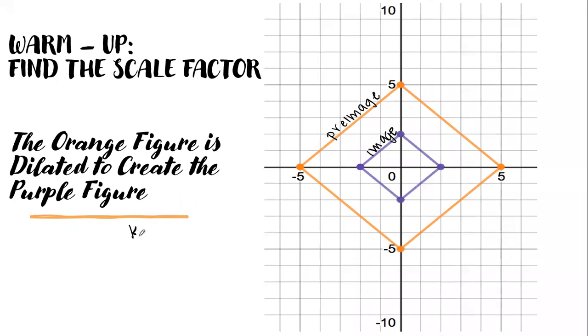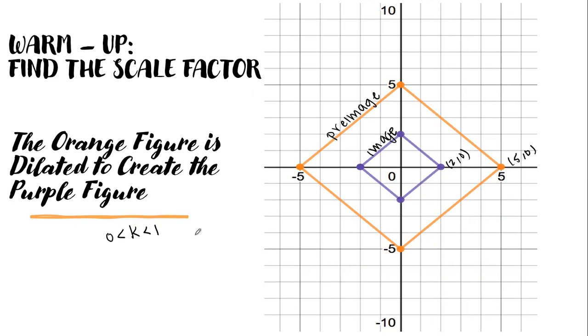Awesome. So since it got smaller, I know my K value has to be less than 1. Okay, so how do I find K again? You pick two coordinates from the same side. Okay, so I'm going to choose 5, 0, and I'm going to choose 2, 0. Okay, and then what? Then you divide